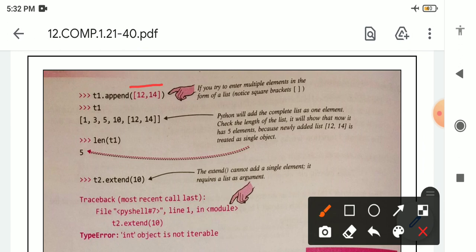Here you can see the argument is passed as a list. That is why two elements can be passed, which means two elements will be added to one list.